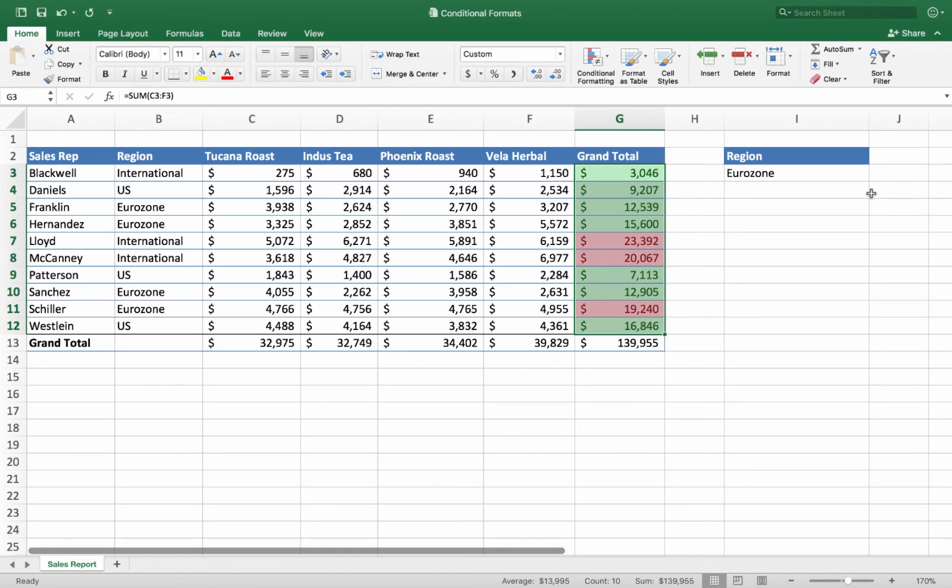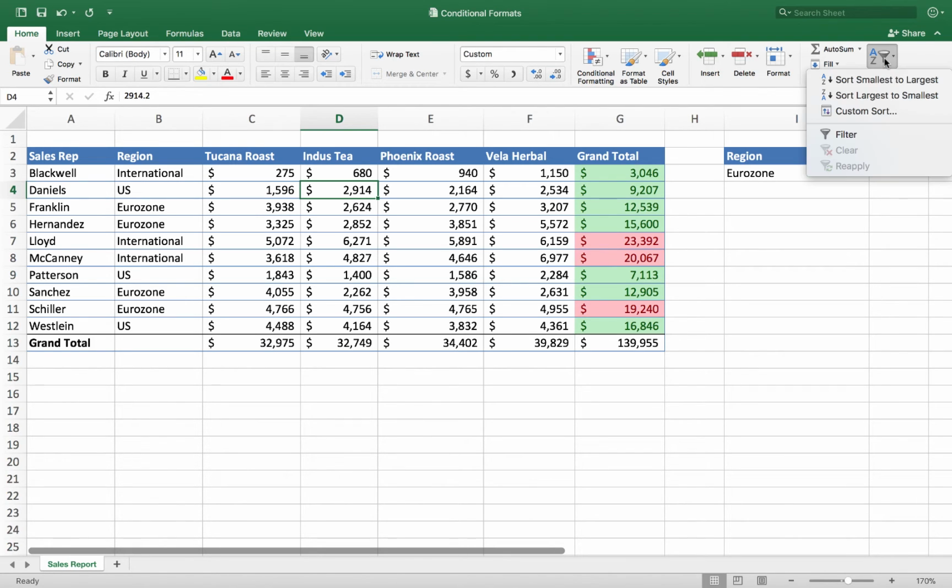You know, the other thing is you can tie this together with filtering and sorting. So check that out, you guys. I'm going to click in this list, and I'm going to go back to what we started with. I'm going to turn on the filtering here. So I'm going to go over to the sort and filter option on the home tab here, and I'm going to toggle on the checkbox for filter.